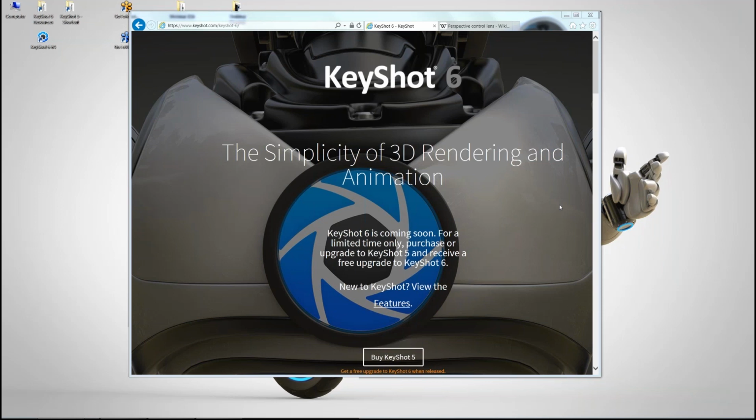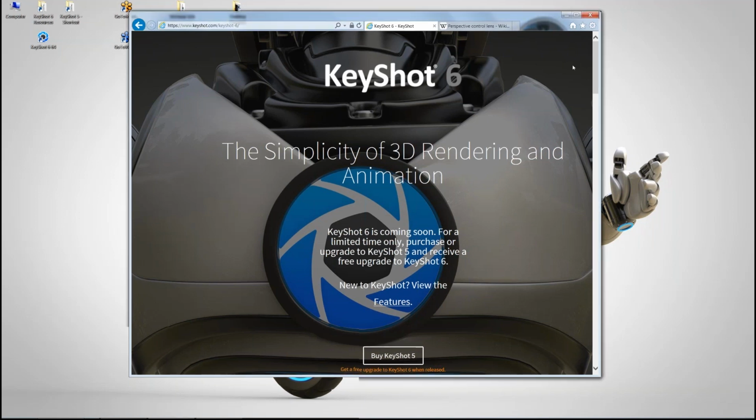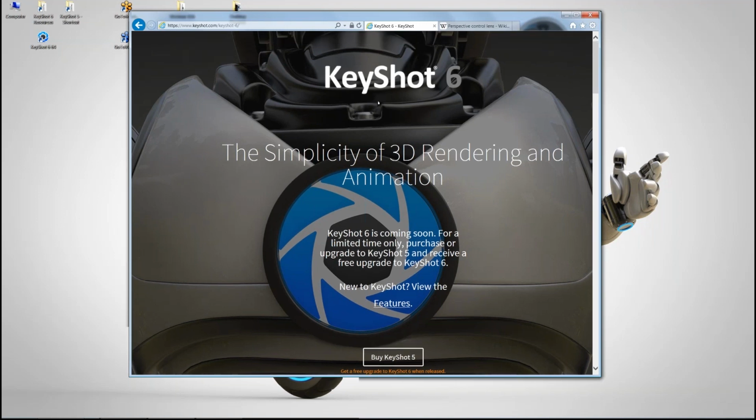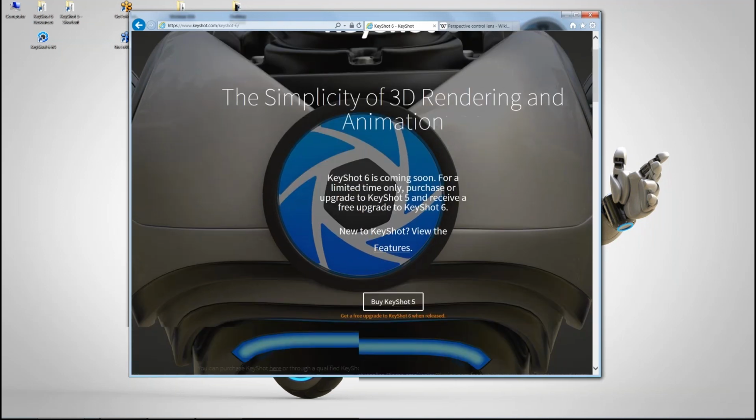Awesome. Thanks, Josh. Hey, everyone. Thanks for dialing in today to go through this overview of the KeyShot 6 beta. This is pretty exciting. For those of you who aren't familiar with some of the new features that are going to be coming out in KeyShot 6, make sure to take a look at our website. If you go to keyshot.com, we have an area for KeyShot 6. That's the window I've got open right now.